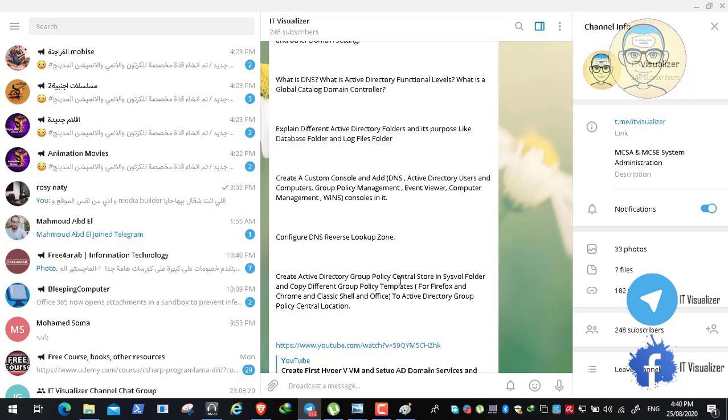This is not only the case. You can control not only the Windows settings, but also the Firefox settings, Chrome, Classic Shell, Office, and all of the different programs through group policy. But you need to download the group policy templates from the internet, the group policy template for Firefox, the group policy template for Chrome, and then copy them and put them in the new group policy central store. So this store will contain the group policy of Windows and the group policy of Firefox and different